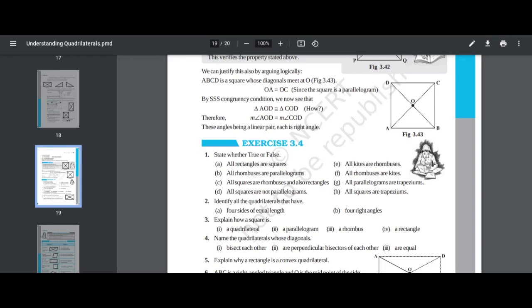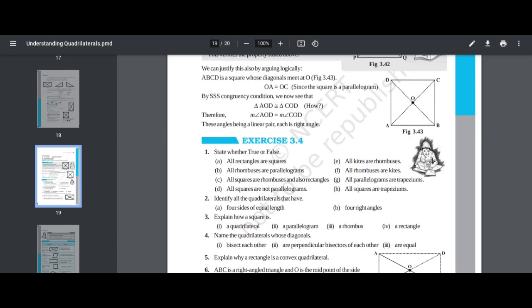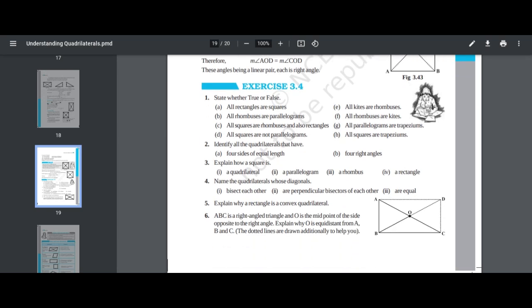We have to do exercise 3.4. We have learned all the types of parallelograms, all the types of equilaterals, diagonals, rectangles, concave and convex polygons, and all the shapes. Now we have to do this exercise 3.4. So let's get started from the solution, or maybe you have to solve this exercise wholly on your